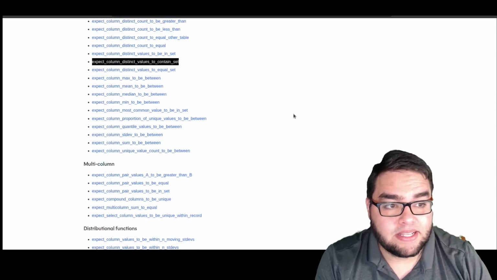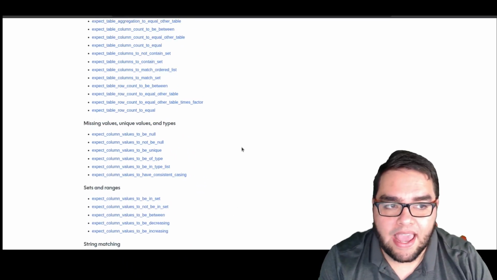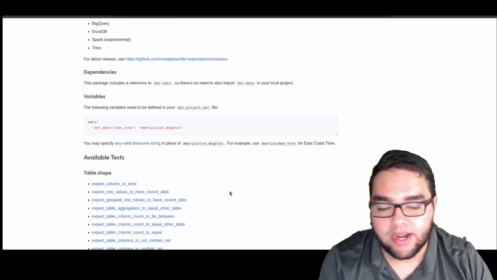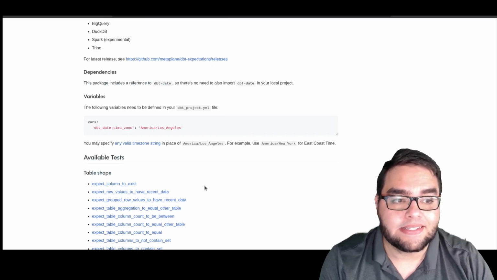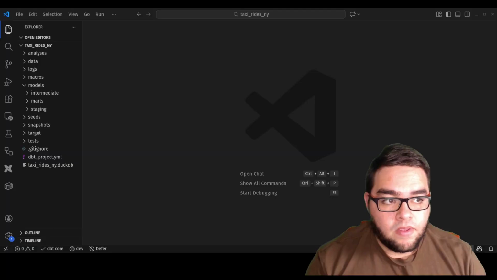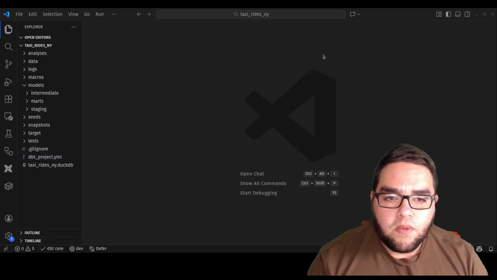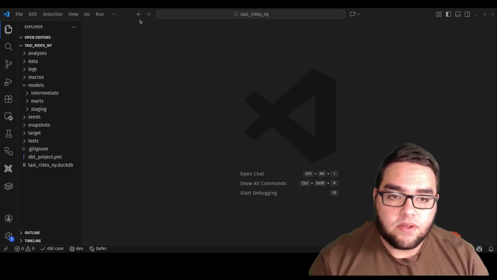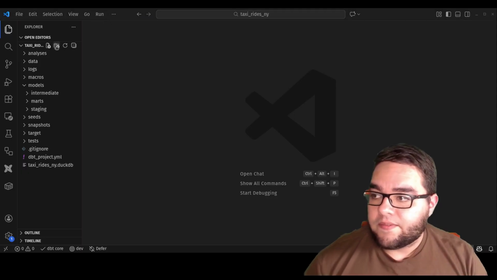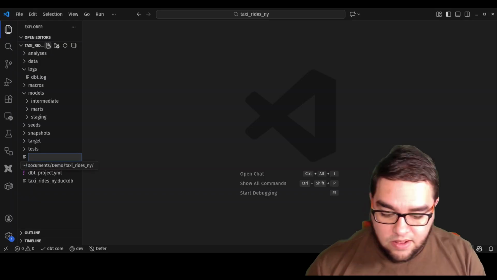Being honest with you, in my time, very, very rarely do I go through this list and find that whatever I need to test is not somewhere in here, or that my tests cannot be rewritten with one of these in mind. Let me show you a quick demo on how to use a package. This time I'm going to use dbt utils, which is the one that expands all of the macros that your warehouse can do. The first thing you need to do is, here in your dbt project, create a file called